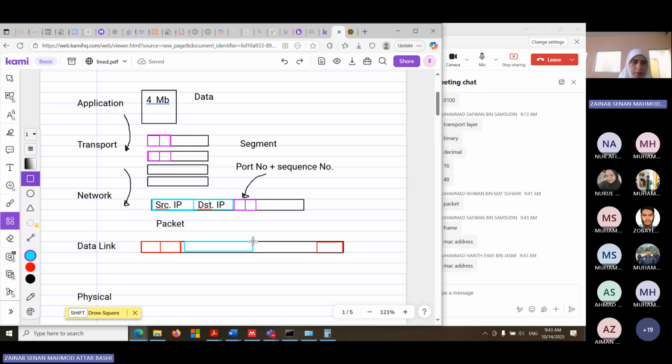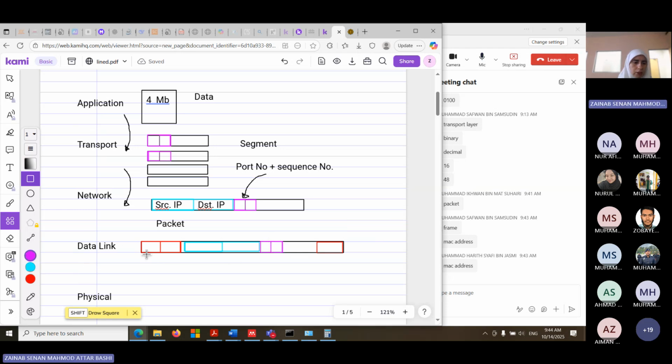So here we'll add the MAC address. The IP address was added by the previous layer. I cannot draw it very precisely, but let's say this is the IP address. Now we need to add also the port number, which was purple, right? So you can see from the colors what was added at which layer.